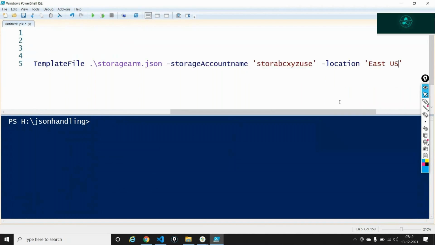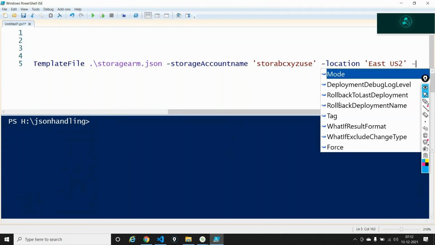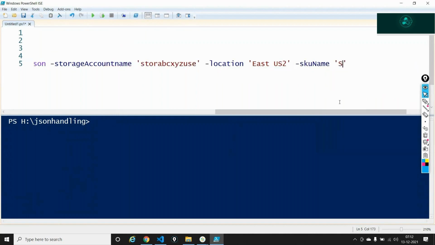Then you have something like SKU and the standard LRS. And then once I execute this command, it will reach out to that particular ARM template and then deploy that particular ARM template into the Azure portal, right? This is what it has to do. But these are just 3 parameters. What if they are 30? What if they are 300? Then it's very difficult for me to pass everything in this command line, right? It's very difficult for me to even remember what parameters did I pass, even remember what is the allowed value